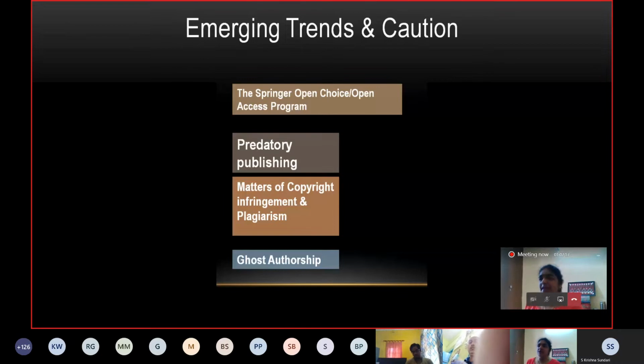Then the next thing comes, the matters of copyright infringement and plagiarism. You have to be very clear when you are writing whether you are knowingly or unknowingly